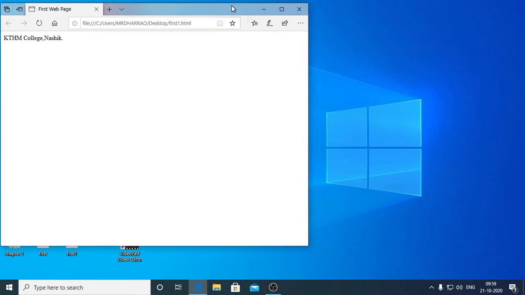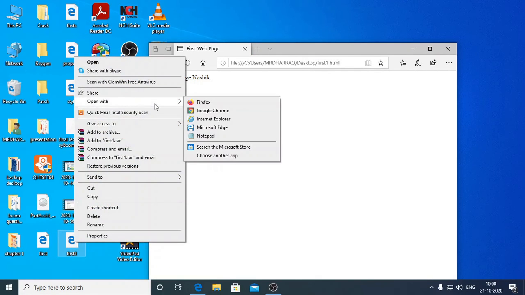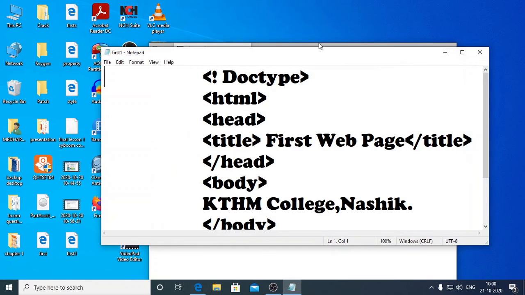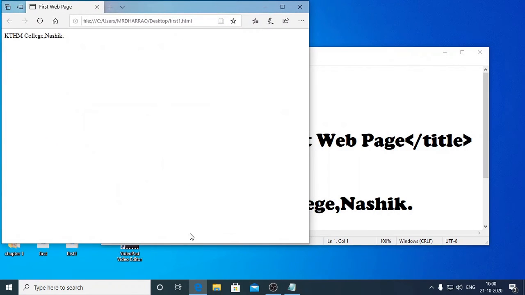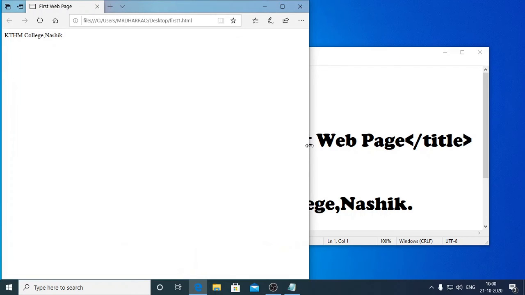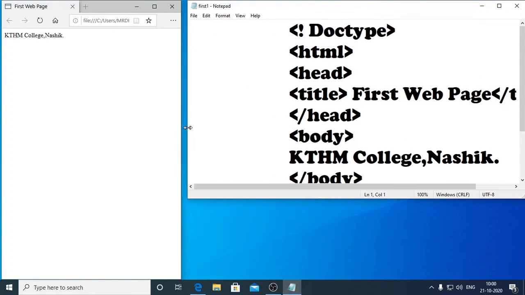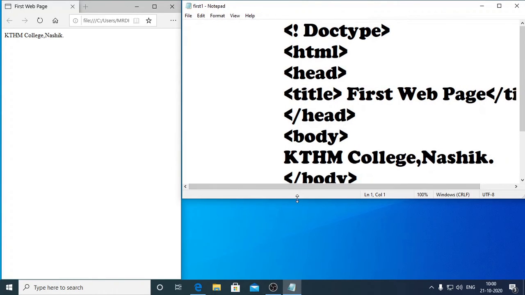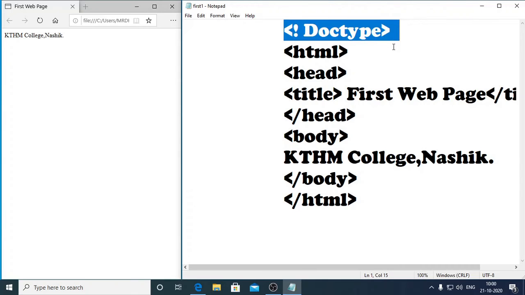You can see here the first statement, document type.